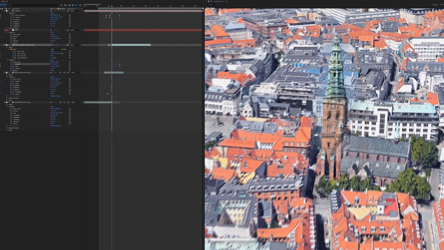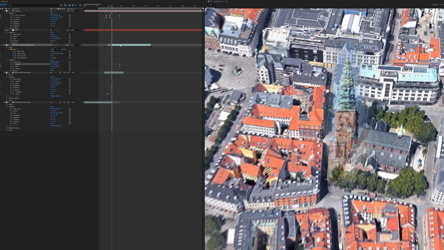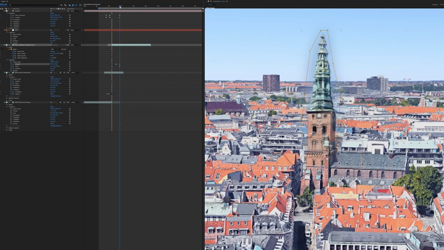You really have to fiddle a bit around with it because the hyperlapse clip is moving because I'm moving towards the spire. So this clip is actually moving from the beginning, and the map clip is not. So there's a little bit of tweaking that has to be done to make the two layers track each other perfectly. I think this is pretty close. So we're gonna go to the end, bring this up to 100%,